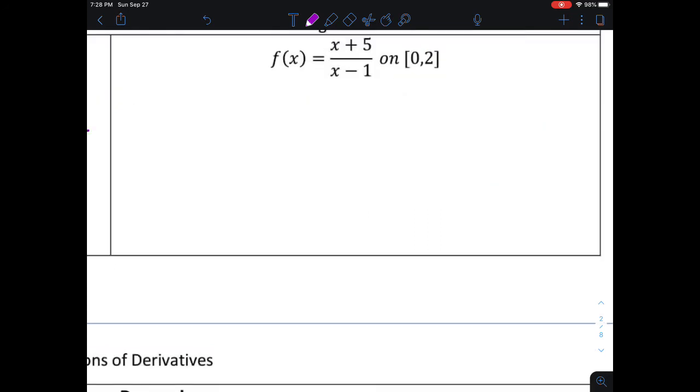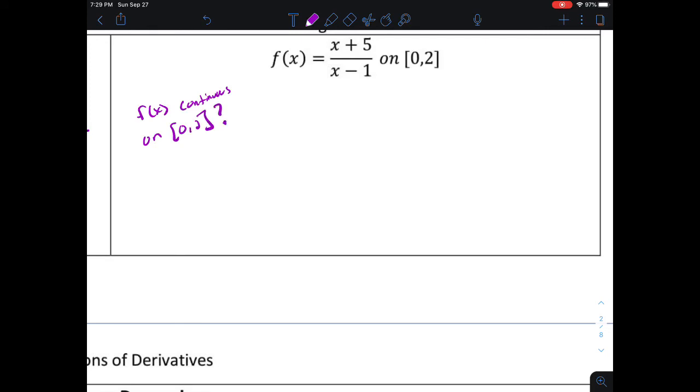All right, now let's look at this one here. So we have f of x equal to x plus 5 divided by x minus 1. We want to know what values are guaranteed by the mean value theorem on the interval, in this case, from 0 to 2. So before we jump in and find the average rate of change and the derivative and all that, we need to make sure that f meets the two requirements of the mean value theorem. Basically, one, is f of x continuous